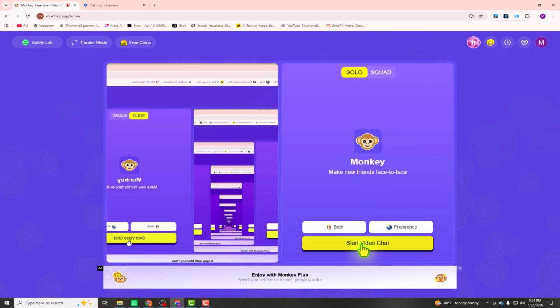Once everything is set up, start a chat on Monkey, and your OBS scene will be used as your camera feed. You can switch between different scenes in OBS at any time, and the changes will appear instantly on Monkey. And that's it. You can now use OBS Virtual Camera on Monkey and customize your video chats with OBS scenes,